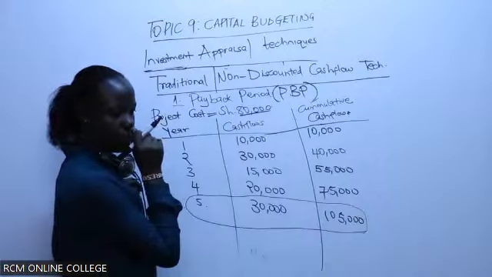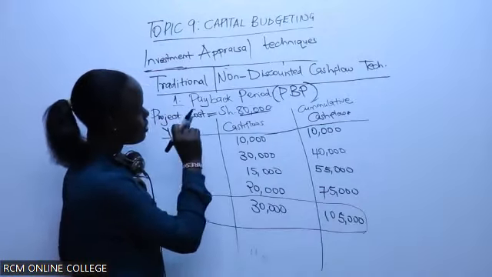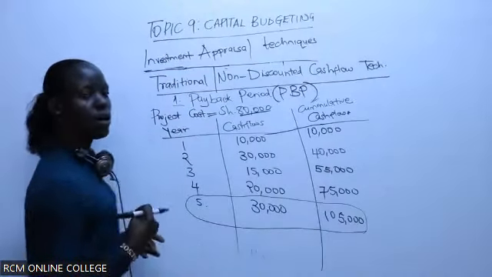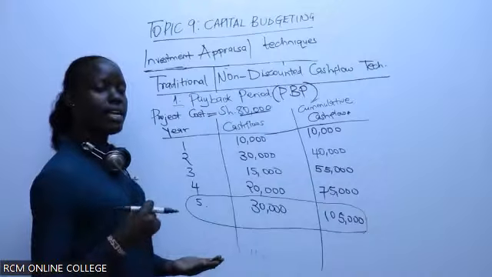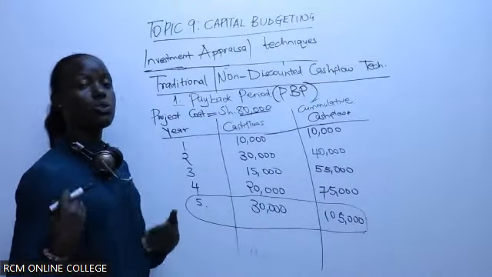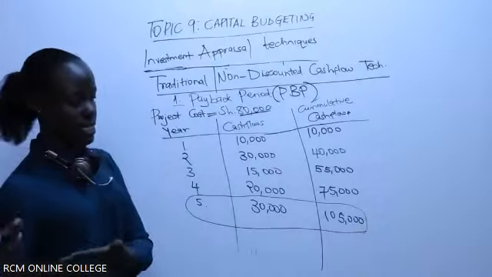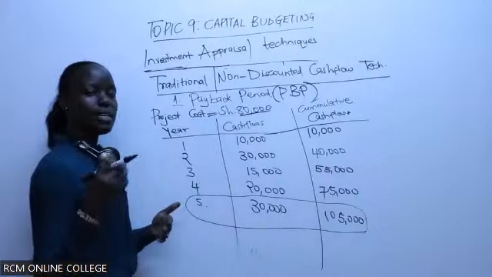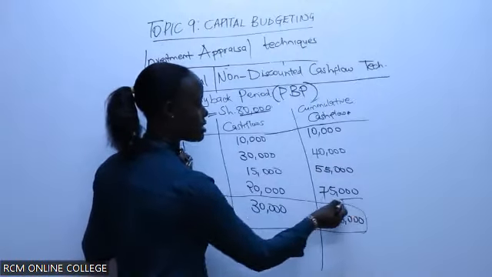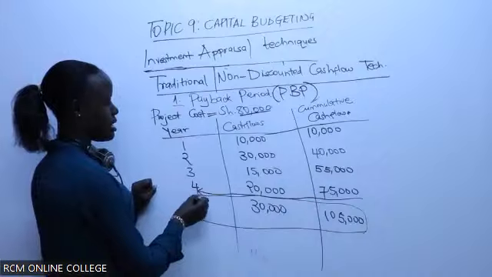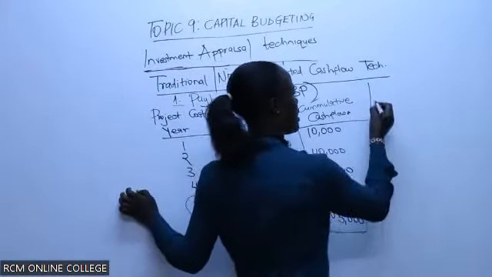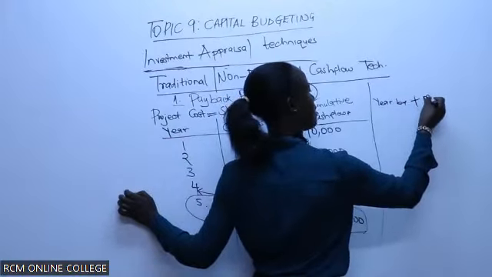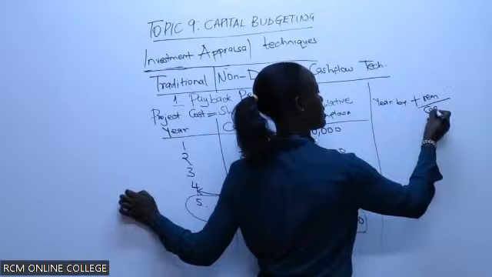and 5. And for us to find this year, remember we say that to find payback period for an irregular cash flow, you take the year before recovery, you add the remaining amount to recovery divided by the cash flow of the next year. So in this case, we can't go for this one, but the year that is very much close to what we require is the year that has 75,000, and that year is 4. So remember, you take the year before plus the remaining amount over the cash flow of the next year.